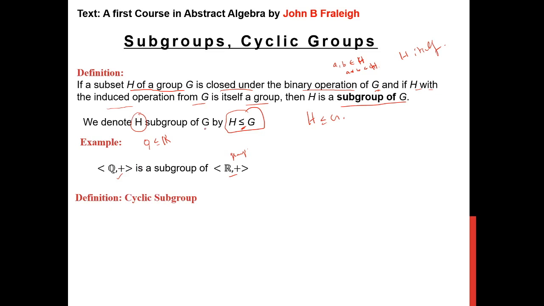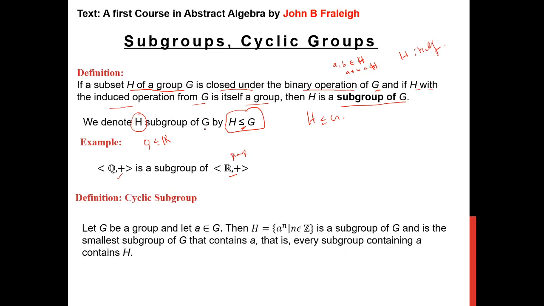Now I will define a cyclic subgroup. Let G be a group and a be an element in G. Then H equal to the set of a raised to n, where n belongs to Z. That means a raised to 2 is a star a, and a raised to n is a star a star, and so on,